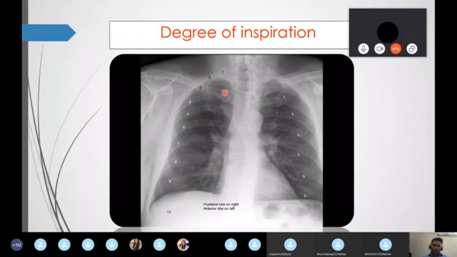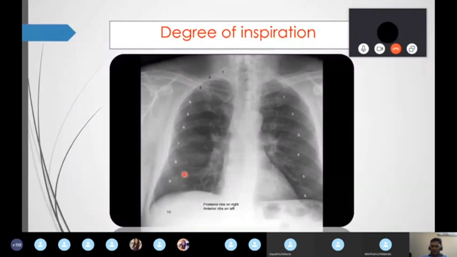Now, how are you going to tell whether the lung is fully expanded or not? Simple. If you want to count AP ribs, for example, always the fifth rib has to cut the diaphragm on the right side, and on the left side, the sixth rib has to cut the diaphragm. That means you can tell the lung is fully expanded. Once again, if you're counting AP ribs, which means oblique ribs, on the right side the fifth rib has to cut the diaphragm, and on the left side the sixth rib has to cut the diaphragm.